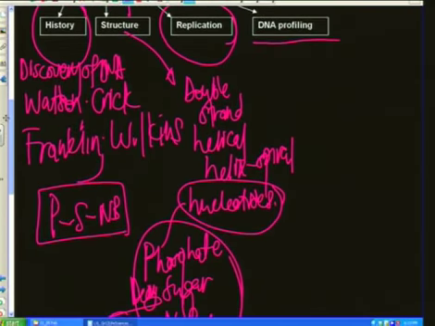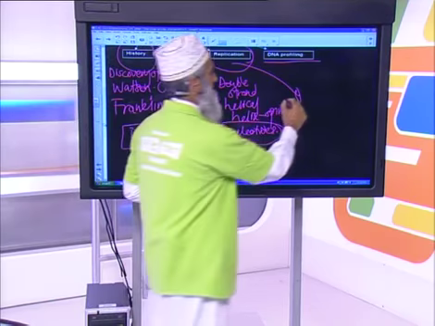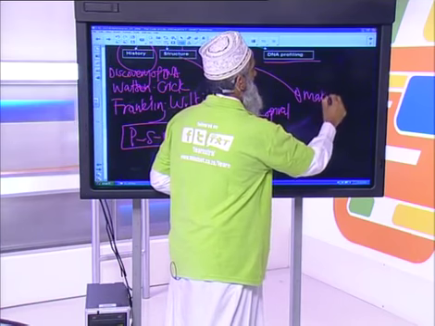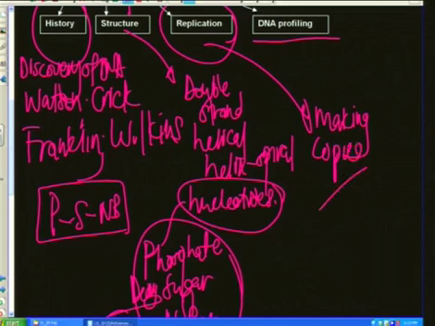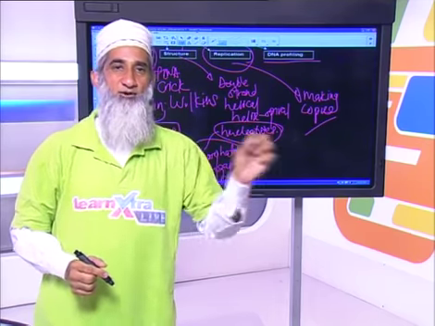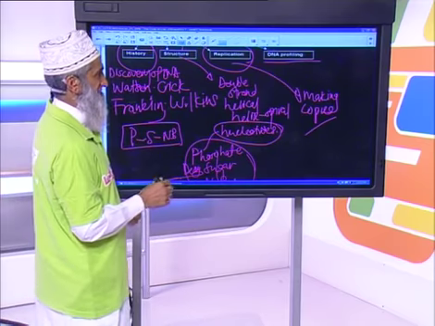In terms of replication, we're not going to talk much here because we have a question based on that, and that question will take care of that section. But what is replication? Simply making copies. DNA replication refers to that process where DNA makes a copy of itself. Why, how, etc. we will answer just now.